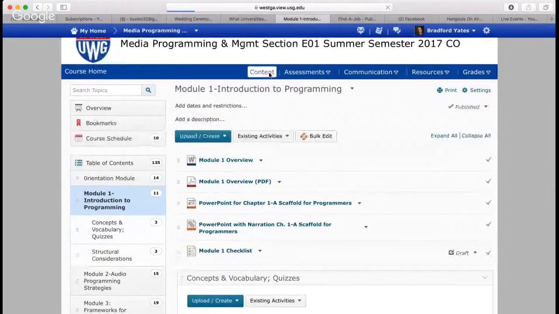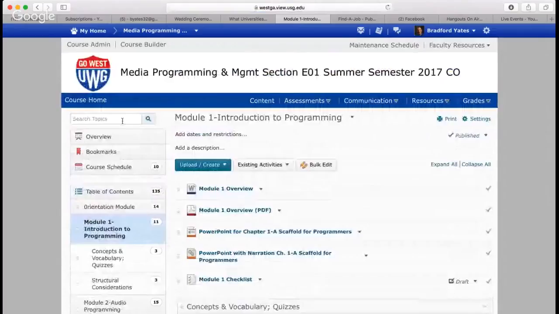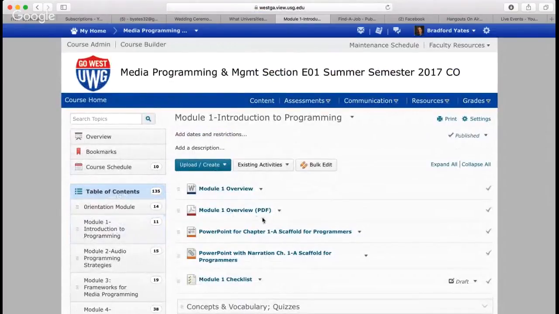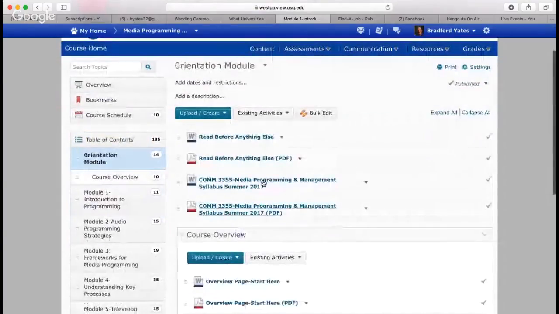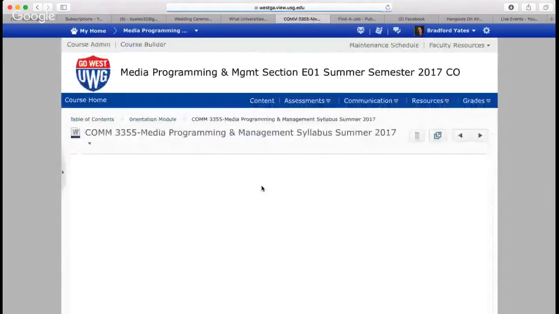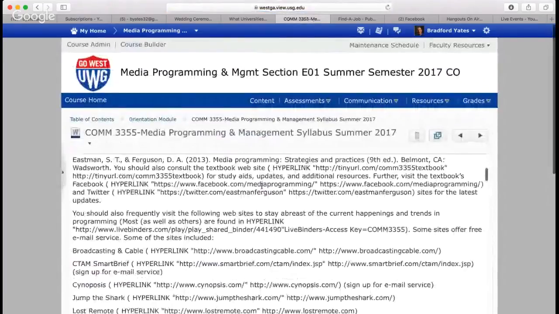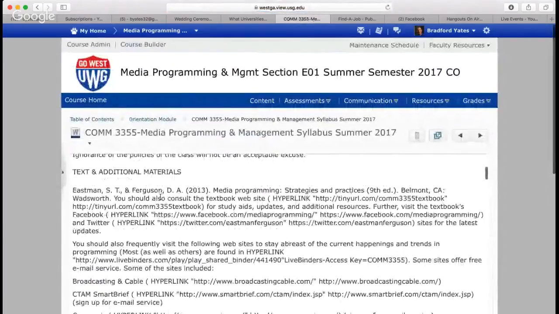In order to find those, the easiest way is to actually click on the syllabus, if I can find it. Here it is. And hopefully I can find the link, which is here.